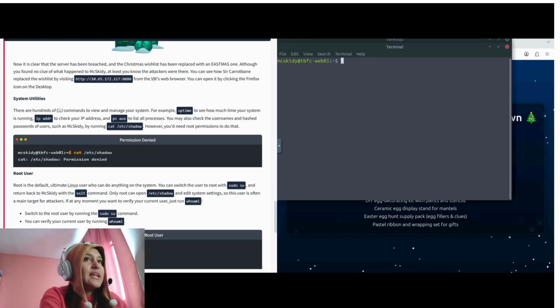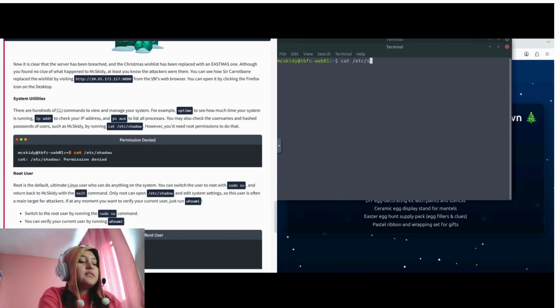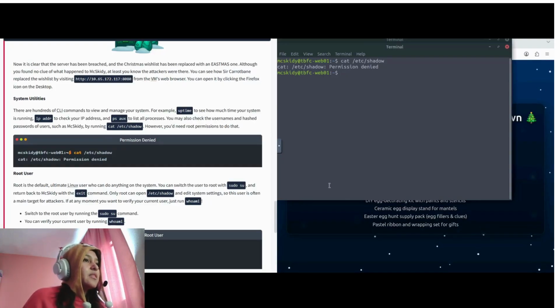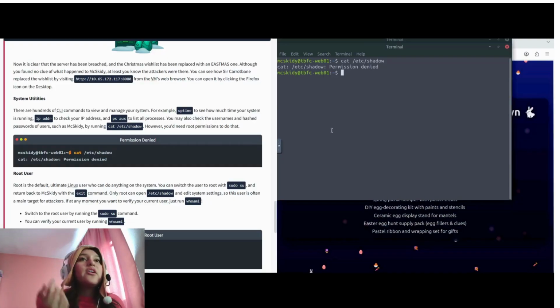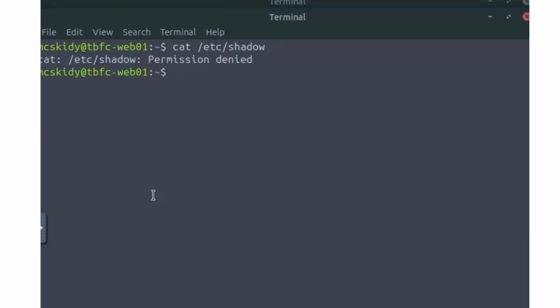And we're going to go ahead and do cat /etc/shadow. Now, it is permission denied. We don't have permission to be in it, but there's something really cool called the root user. The root user is essentially the highest of the highest when it comes to different accounts. So in order to become the root user, we can use the sudo